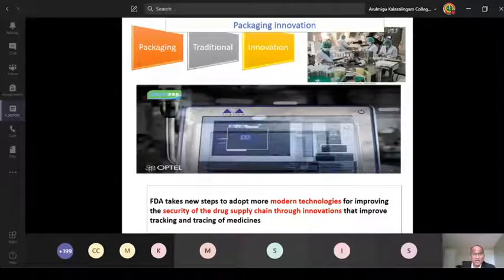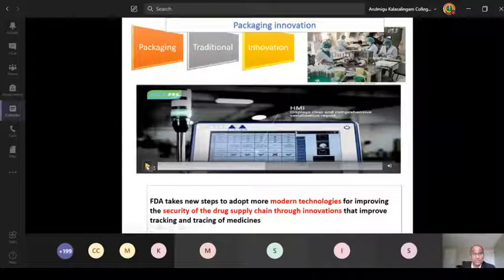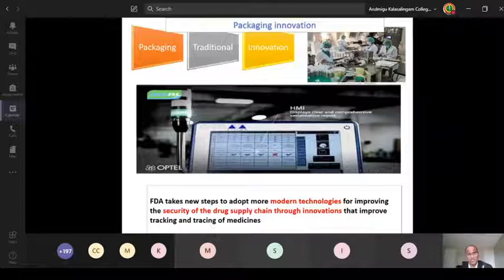The HMI also displays a clear and comprehensive serialization report here. You can see that, right from the beginning: labeling, label inspection, barcode generation, 360 degrees inspection, and ultimately making the HMI final report.